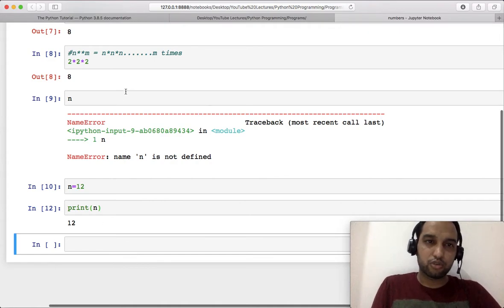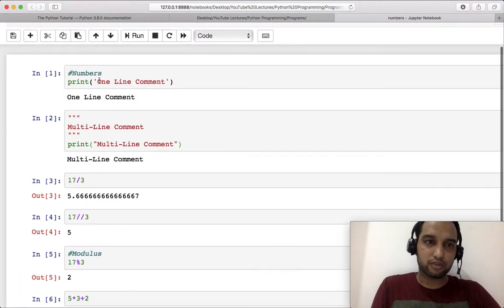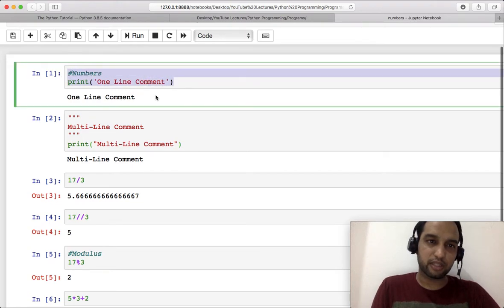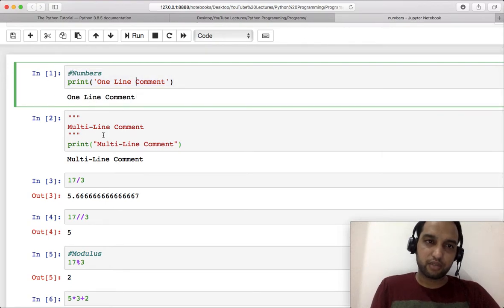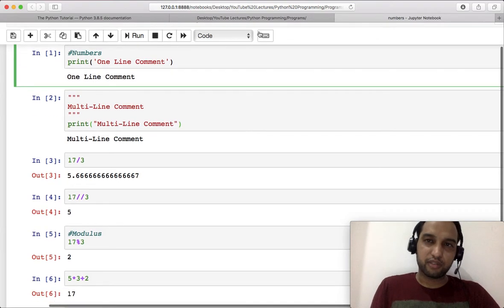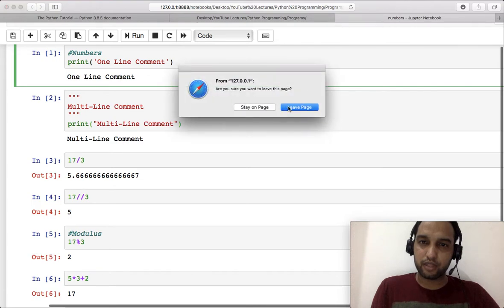One more thing you might have noticed till now, that whatever I'm writing, let us suppose this is a statement, and it's the output of this statement. So this Python notebook is saving both of them, right? So even if I close this thing, let me try closing this. I am leaving this file.